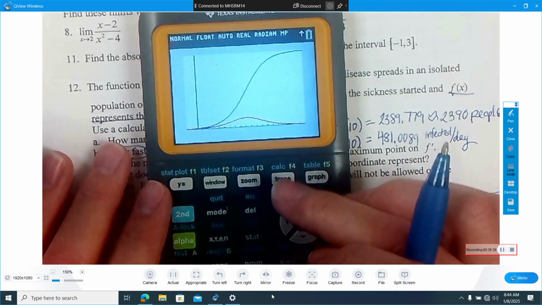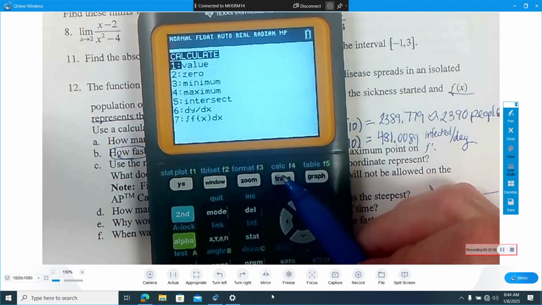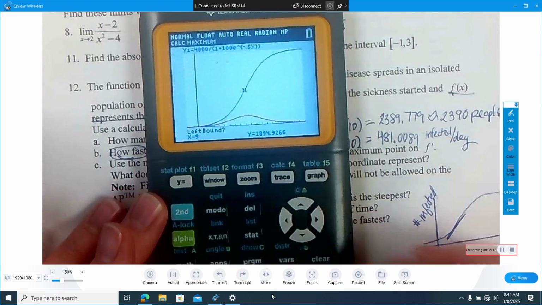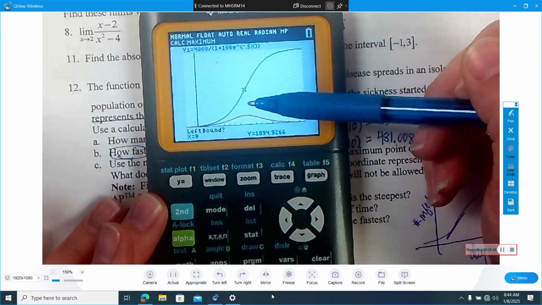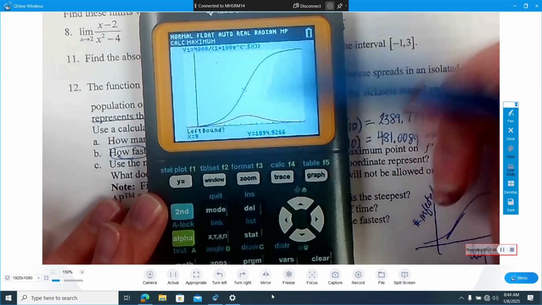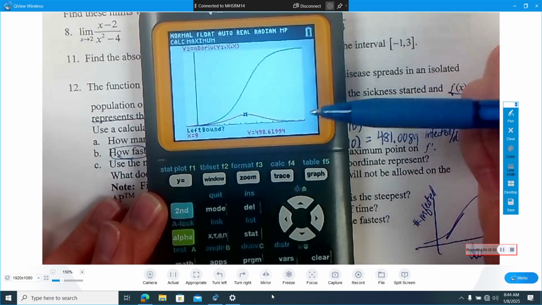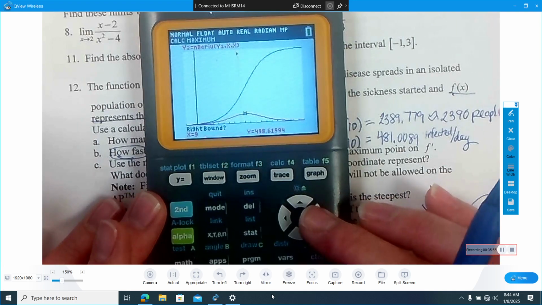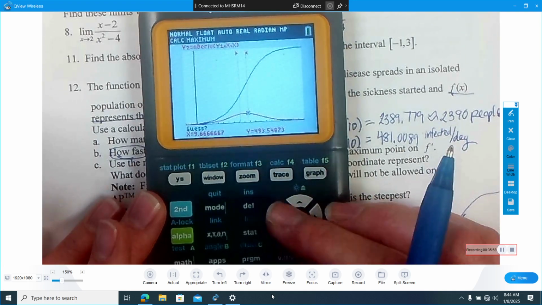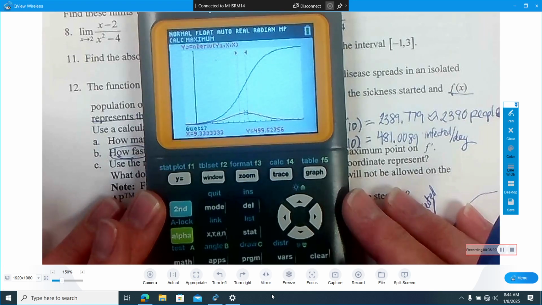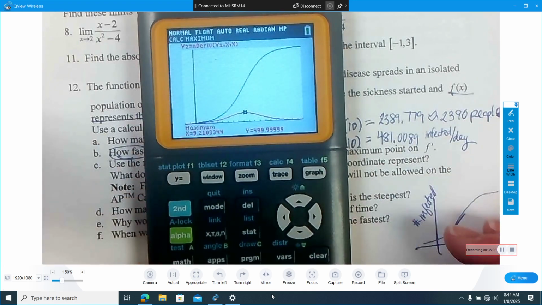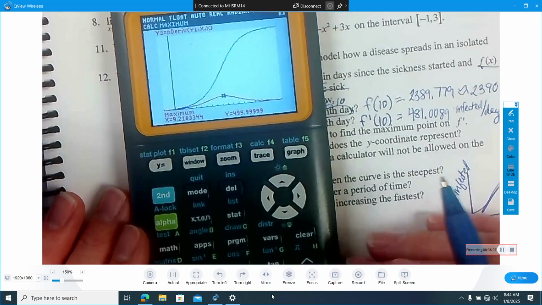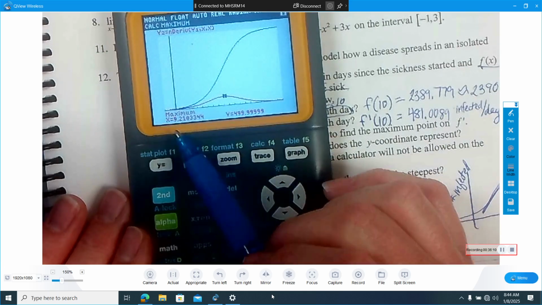So we're going to do calculate. Calculate the maximum, number 4. Have you guys done that before? Okay, so right now Tinkerbell is on the blue curve, and I'm going to shift it using the down arrow to the red curve, so I'm on the right curve. And we got to go left a bit, hit enter, head right past it, hit enter, and then guess. Head to the maximum and hit enter. And so it tells us that the maximum is at day 9.2,